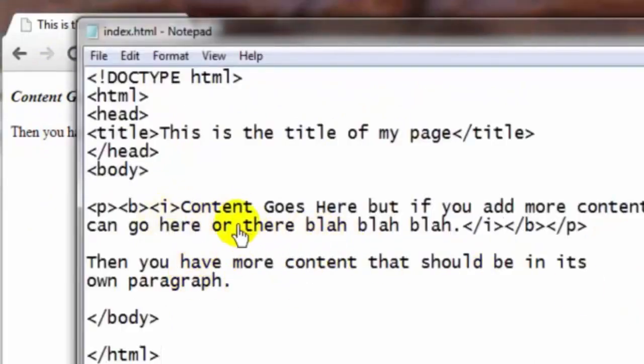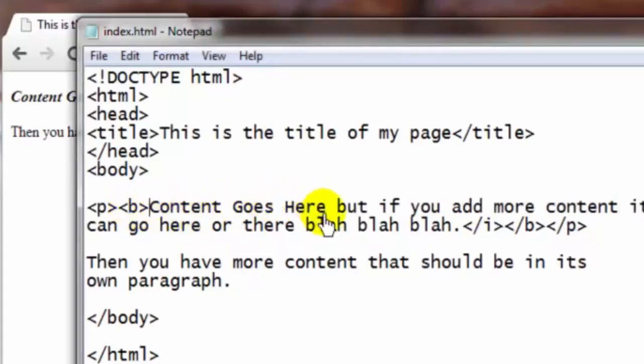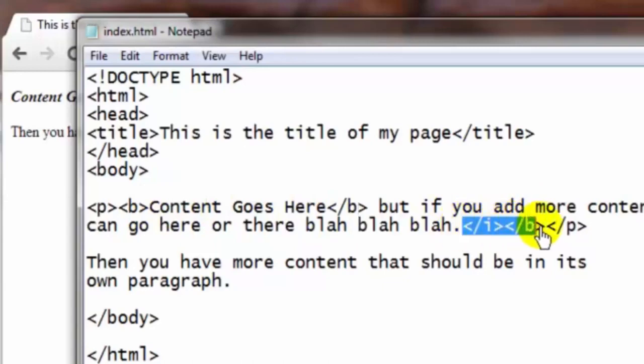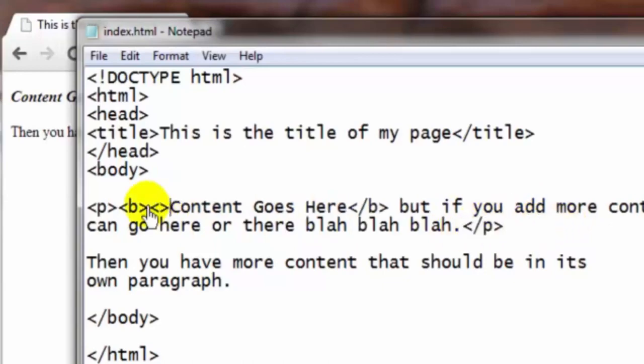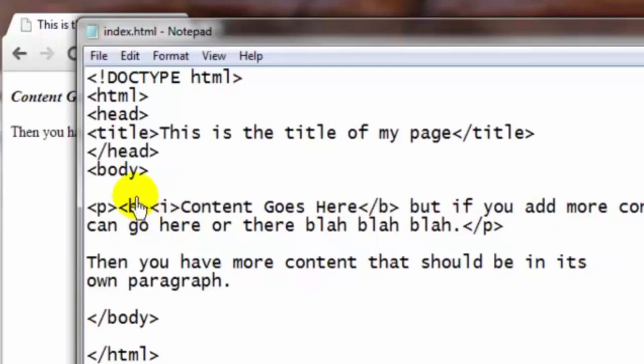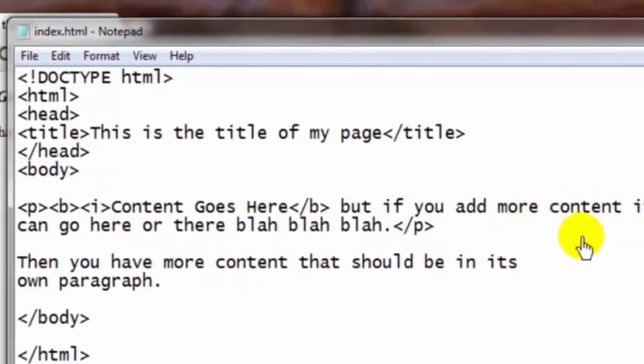In this example, if we wanted to just have portions of our content to be italicized or portions of it to be bolded, then just remember you have to have the closing tags in the opposite order of the opening tags. So if I just wanted this here to be bolded, but I wanted this here to be italicized, let me get rid of these guys here. Then I'd have my opening italicized tag here,